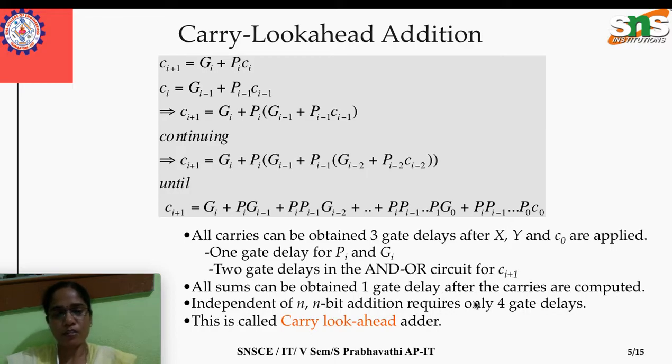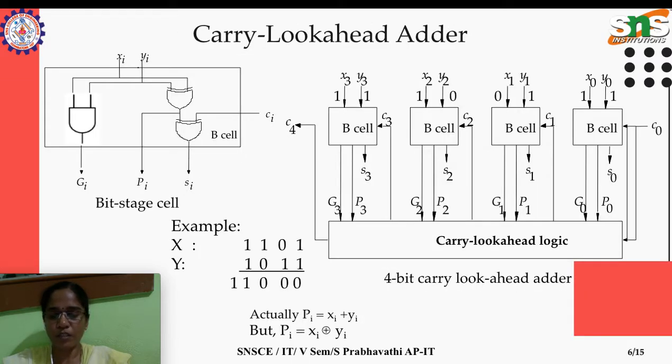So in total, whatever the size of the adder, if it is n bit addition, for example if we take n as 4, for 4 bit addition it requires only 4 gate delays. Generally this carry look ahead adder doesn't depend on n, so it is independent of n. Whatever the n bit is, the result will always be at the end of 4 gate delays. So that's the logic implemented here. We will take a closer look at this example to make it very clear.